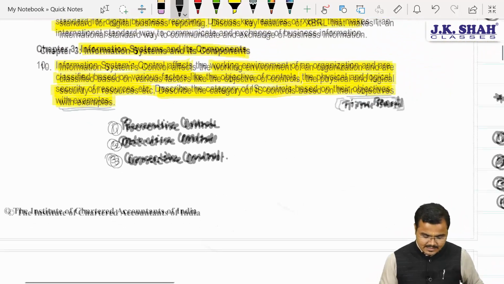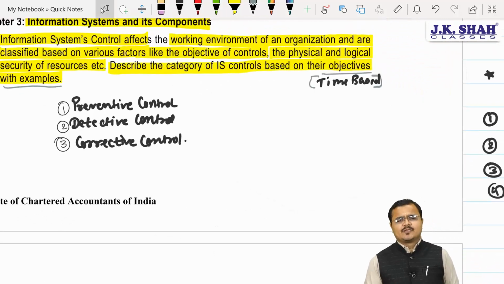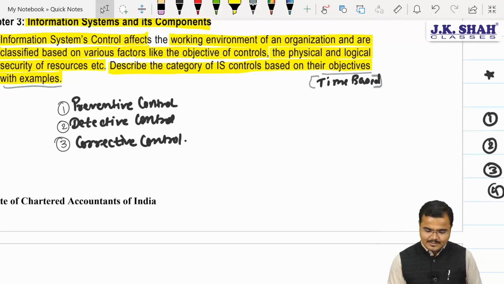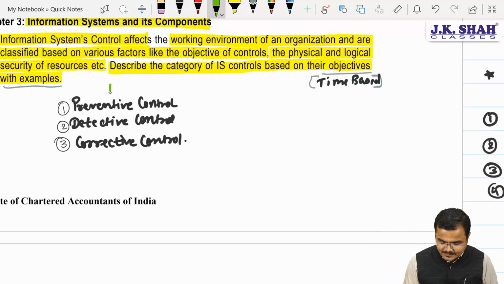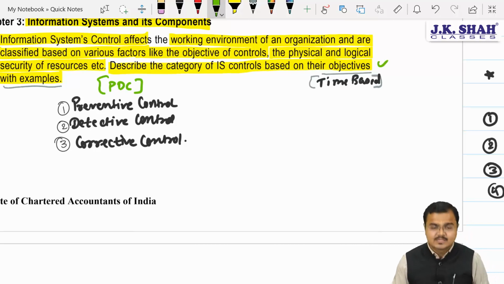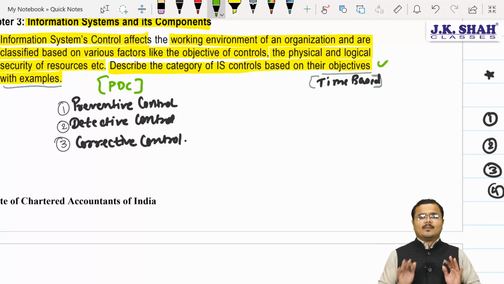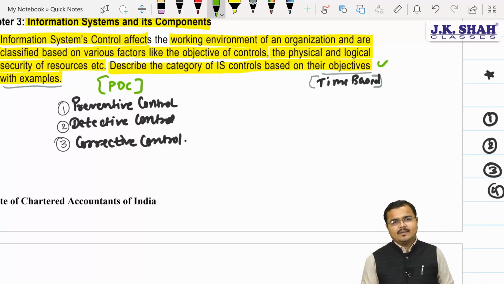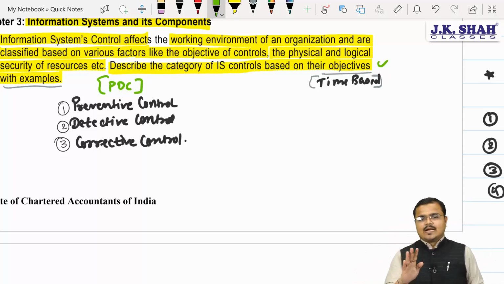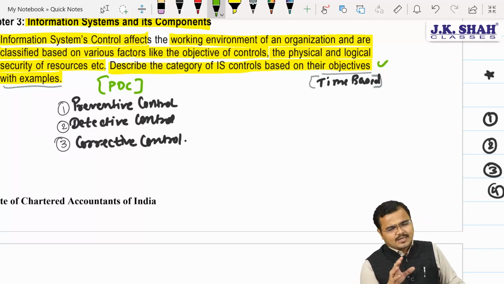Now, sir, please tell us what is the difference between preventive, detective and corrective. But chartered, first of all, for simplification, you should always remember that controls on the basis of objectives are called PDC. Preventive, detective, corrective. Agree? Yes sir. Now chartered, every organization generally prefers to have what? Sir, they generally prefer to have the ERM team with them. Okay, enterprise risk management team.